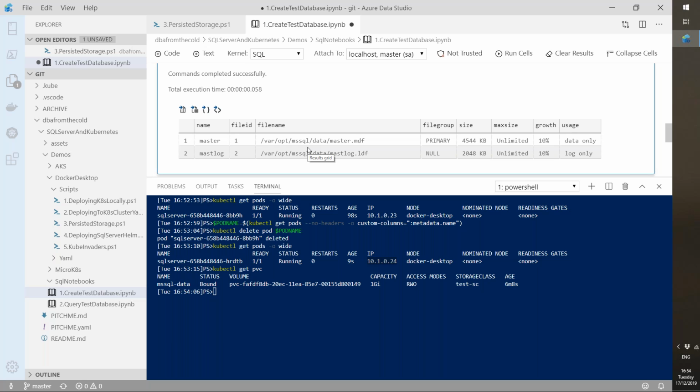So we create our database. There's a record in the master database for our test database. We blew the pod away, but our master database was also retained. So when we attach that persistent volume to another pod, that master database was retained. It kept a record of our test database. SQL spun up and attached all of our user databases, the test database, for us. So we're also retaining the master database. That's perfect. Thanks, Andrew. No problem.